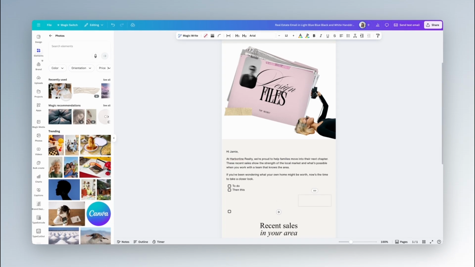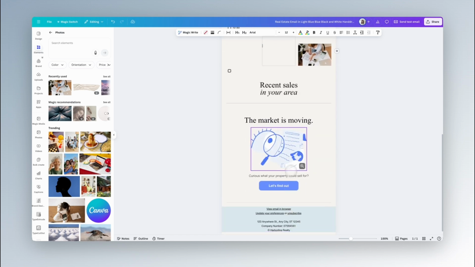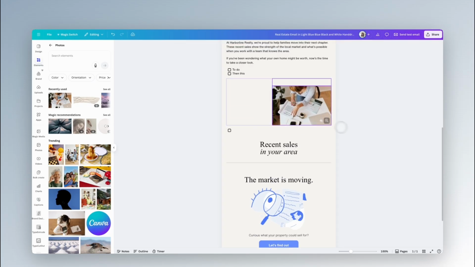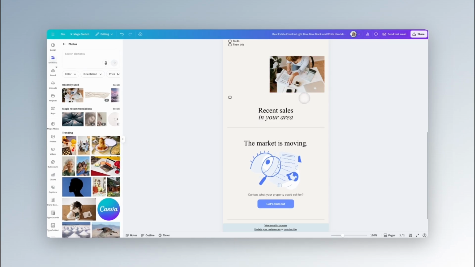So we can add in photos. So you could put a photo in one element here. So you could put a photo in one column, you could add text in the other columns. You can also resize these columns, so you can just drag them around to make them the size you want. So it gives you lots of freedom to create really beautiful layouts, but the freedom to do it however you